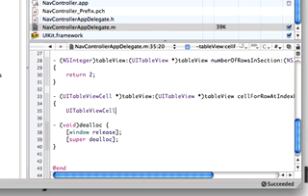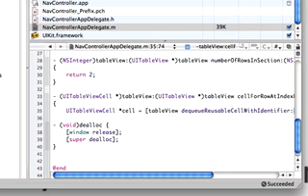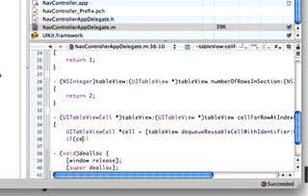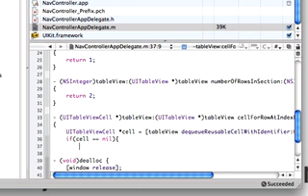First, we're going to, of course, create the initial cell and check to see if the table view has used a cell with the identifier mainCell. In the case that it hasn't, we're going to create this initial cell with set identifier, cell equals UITableViewCell